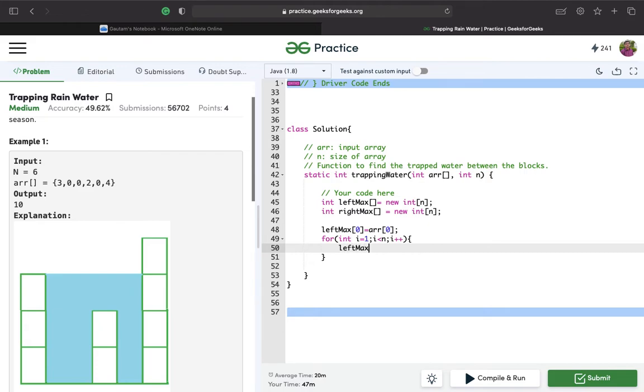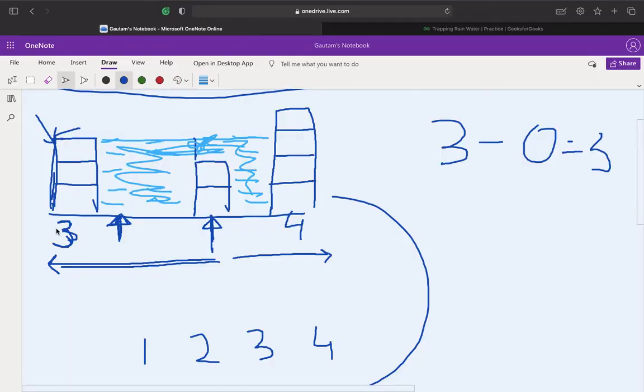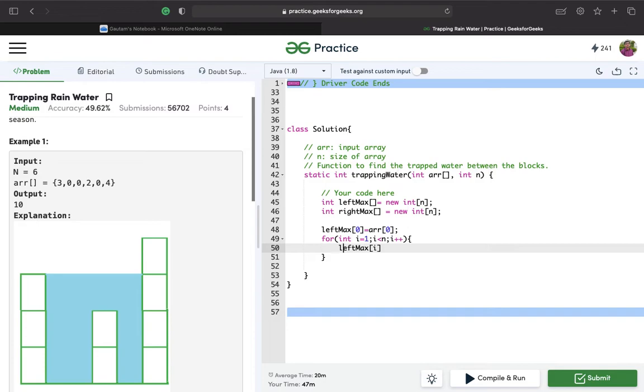leftMax[i] will be equal to Math.max, because we need to find the maximum of arr[i], that is the current value, comma leftMax[i-1].